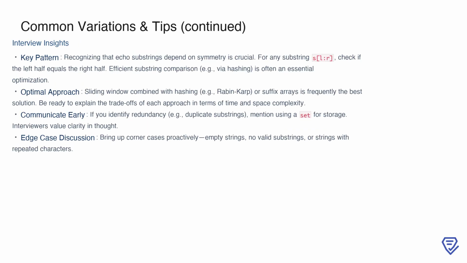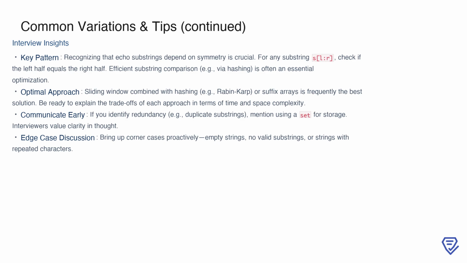When preparing for interviews, there are a few key insights to keep in mind for this problem. First, recognizing the symmetry in echo substrings is crucial. For any substring, you need to verify if the left half matches the right half. Efficient substring comparison using techniques like hashing is often the key to optimizing your solution. Sliding window approaches combined with hashing, such as Rabin-Karp, or advanced data structures like suffix arrays are among the most optimal solutions. Each method has trade-offs in terms of time and space complexity, so be prepared to discuss these thoroughly